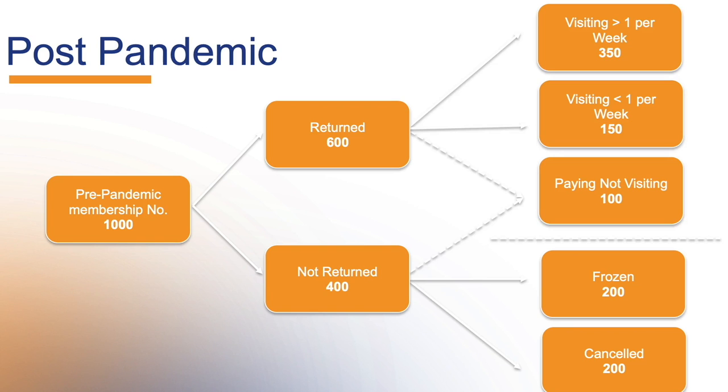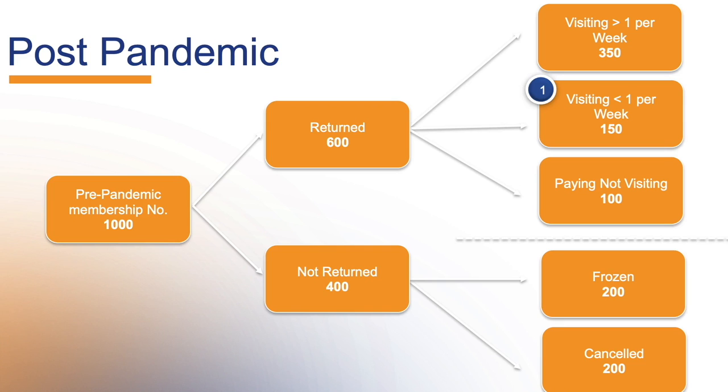I would suggest if you take these 5 groups, you work on just 3 specific areas. First, I would start with those visiting less than once per week but are visiting. Then I would tackle the paying but not visiting. They're paying, I want them in. I don't want them to drop below that line. I want them using the club, and I'm going to give you some tactics for that. And then I would focus on the frozen, and I would tackle them in that order. I think you're going to have the biggest results and the fastest bounce back if you tackle those 3 groups in that order rather than trying to tackle your entire data set.